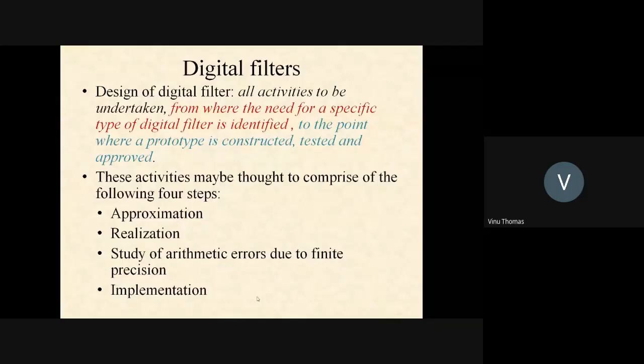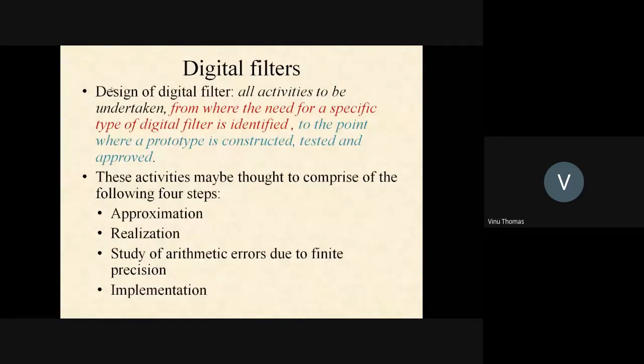So these are the four stages. And we had also seen that the digital filter is an algorithm. So you have to write, maybe you have to write a program for a digital filter, and this algorithm can be implemented as a subroutine, or maybe if you are using hardware descriptor languages such as VHDL or Verilog, etc., maybe you can implement the algorithm as a hardware also on an FPGA or maybe on an ASIC, etc.